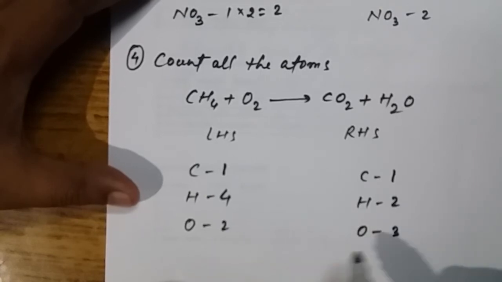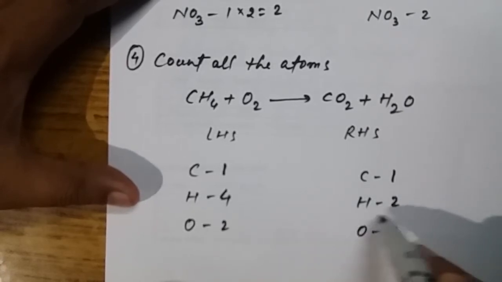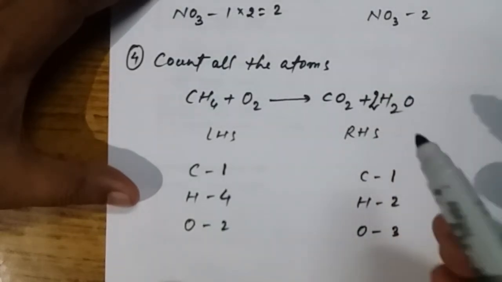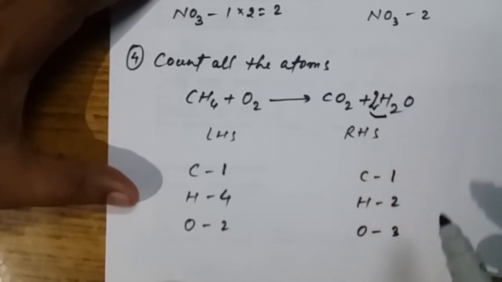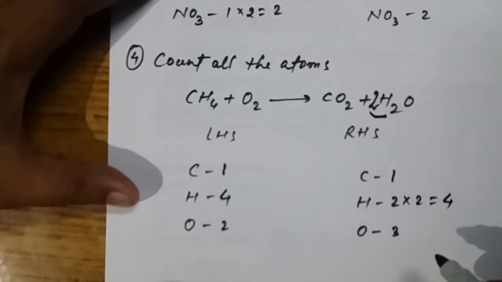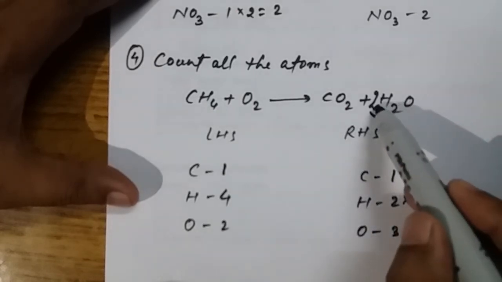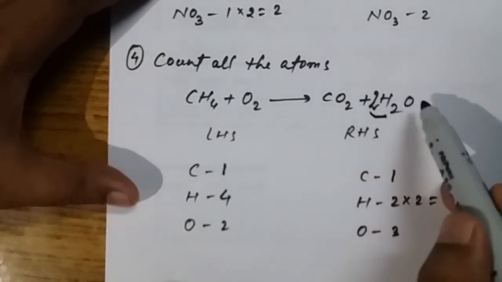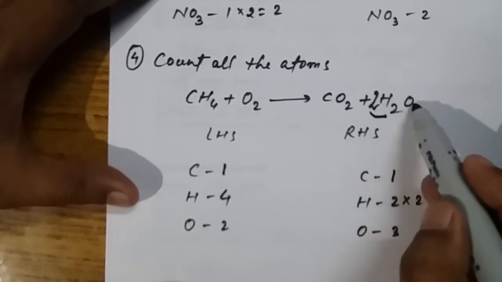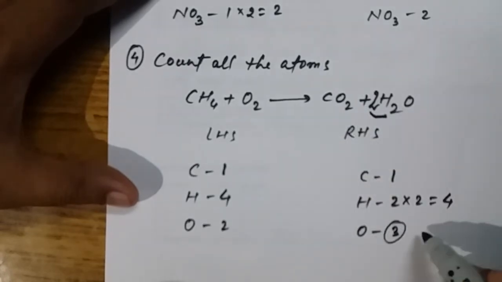So we have to balance again. What to do now? Suppose we take this hydrogen over here, if we put 2, right, coefficient we can change. So 2 multiplied by 2, that makes the hydrogen how much? 4. Okay, so now the hydrogen both the sides became balanced. But one thing I have told you before, that 2 is given over here, that means it will multiply with oxygen also. Here oxygen is 1, so here now the oxygen becomes 2 and here is 2, so that becomes now what? It becomes 4 now, right?